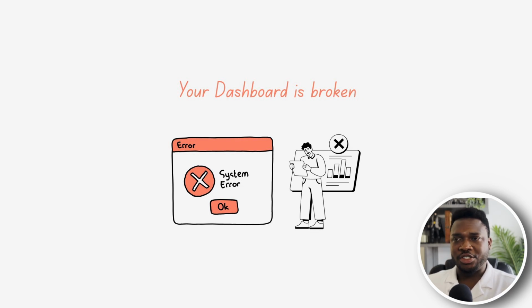Maybe active users doubled overnight for no reason. It could be something that is off as well. But whatever it is, it just doesn't make sense from what you're looking at. And now it's your job to figure out why. Typically, as a starting point, you start from the logs, pinging the engineer, scrolling through last week's release notes. What you're trying to do is reverse engineer to know what has changed upstream.